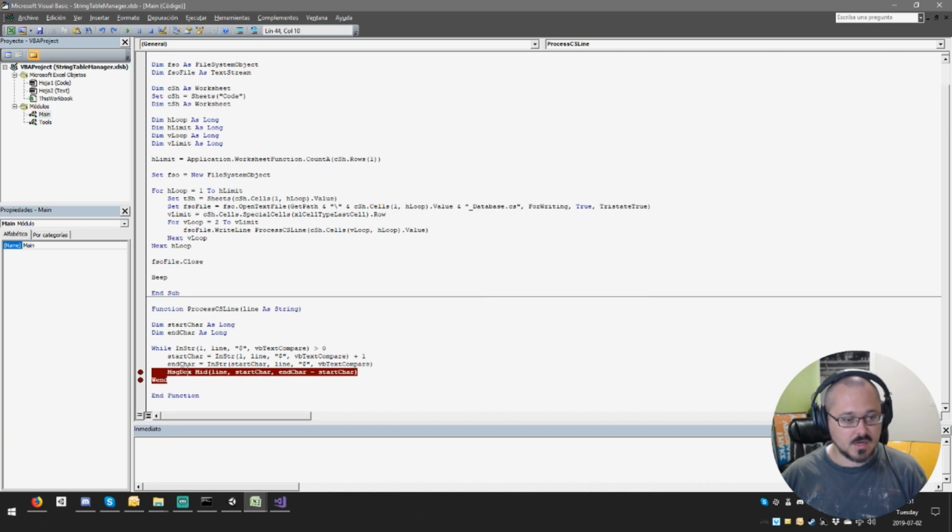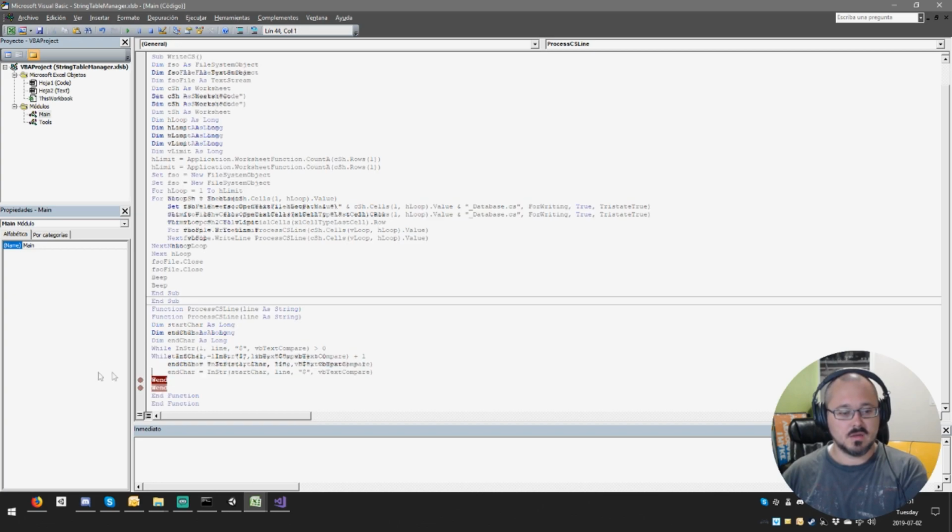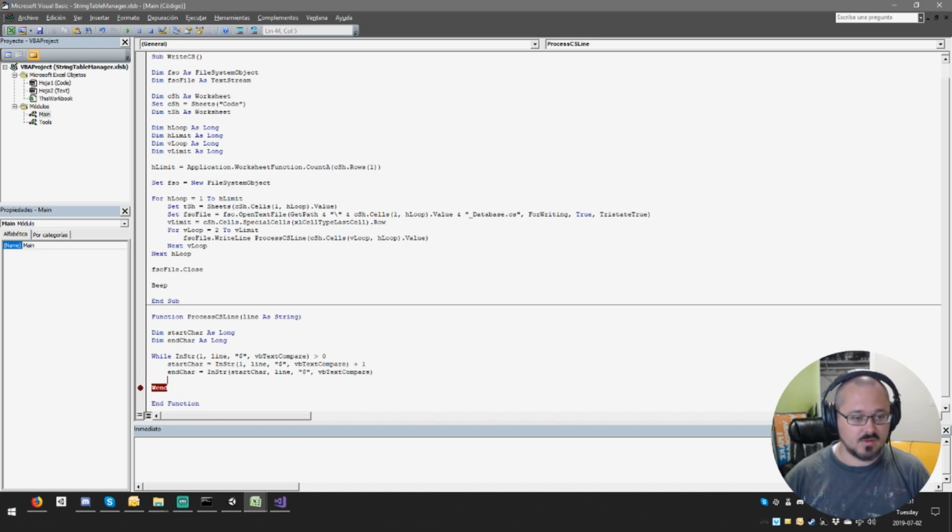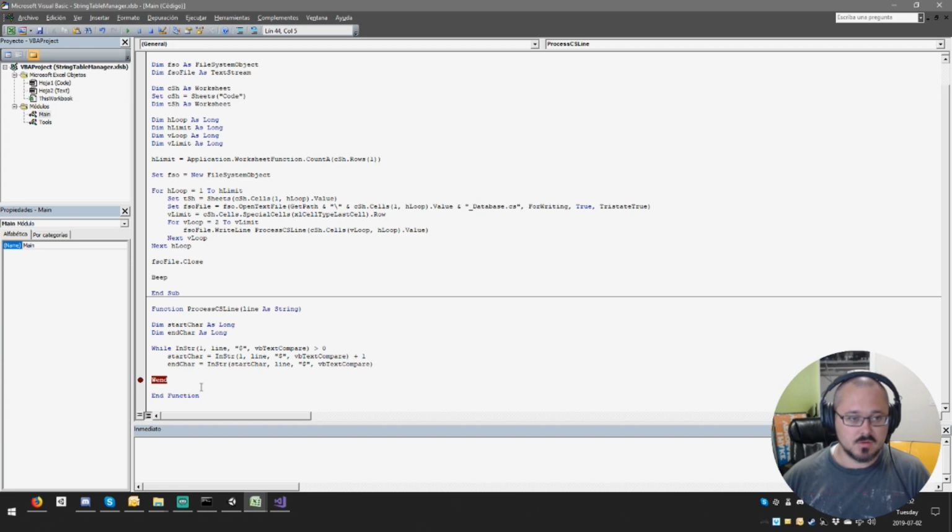So if I recall correctly, now we're going to have a bit of a problem because it's not going to be happy. The file was actually never closed. So there may be issues. We'll find out soon enough. So I've got enum. And